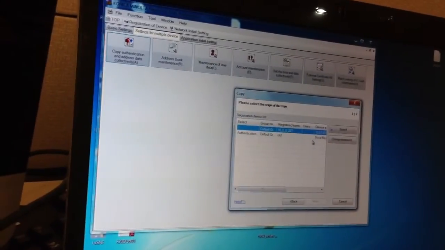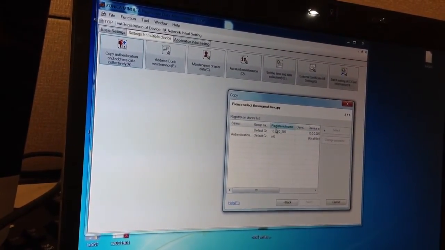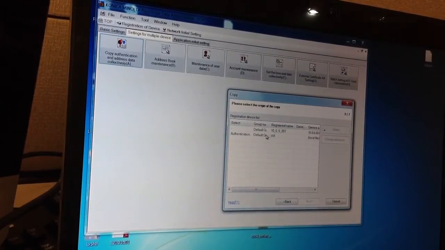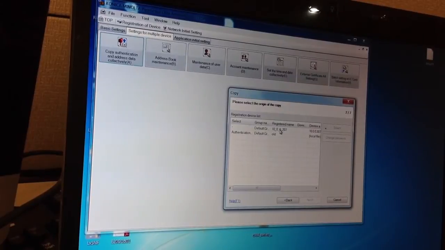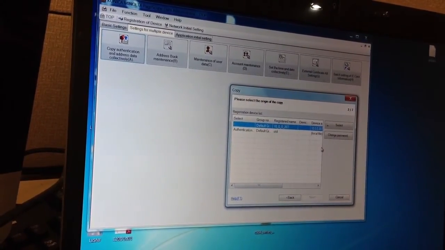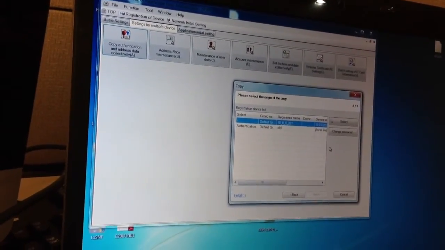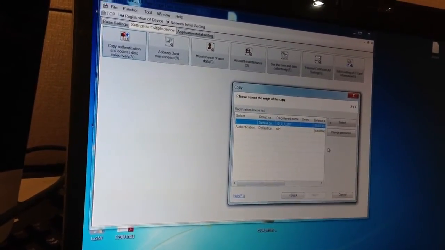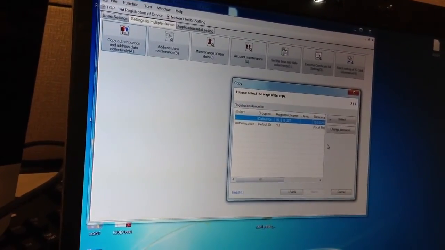The next step would be to select the origin of the copy. Where do we want the origin to go? We'll say this one, but I'm not going to do that right now. But that's the gist of it. And then you import and copy it, and it will copy all of your authentication and your address book settings